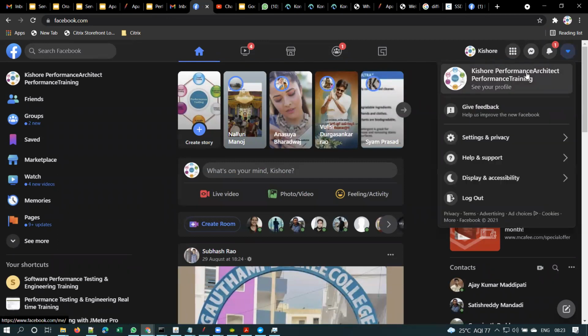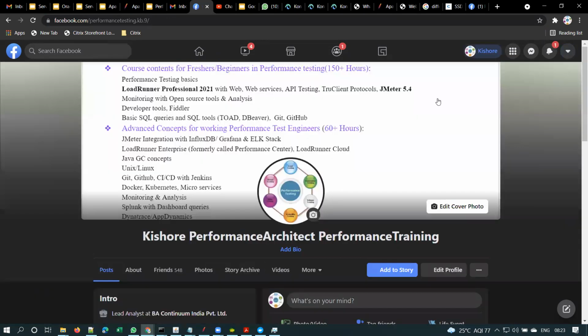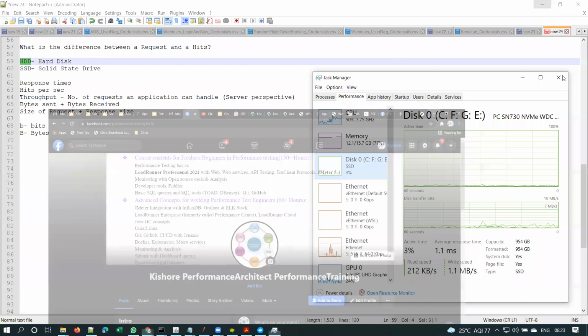I know, sir. Right. So without logging out of the current Facebook account, you can switch to another Facebook account, right? That feature was introduced in 2019 or so.